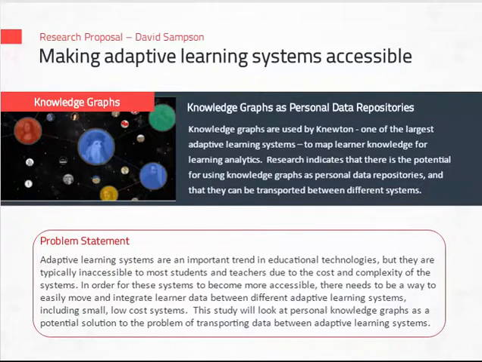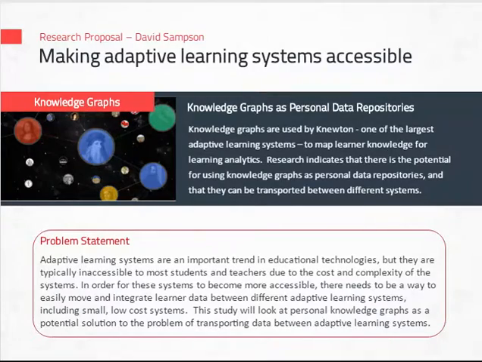In order for these systems to become more accessible, there needs to be a way to easily move and integrate learner data between different adaptive learning systems, including small and low-cost systems. This study will look at personal knowledge graphs as a potential solution to the problem of transporting data between adaptive